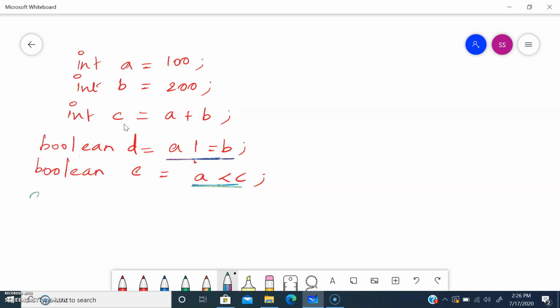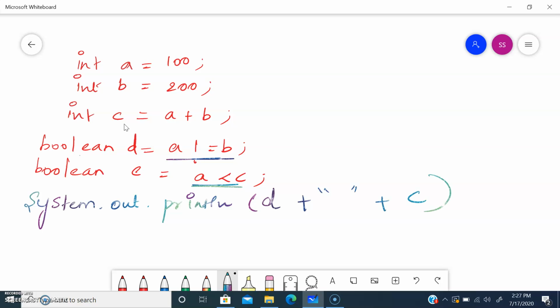Now I'm going to say System.out.println. I'm going to print d, and your plus operator will combine the d value and the e value.